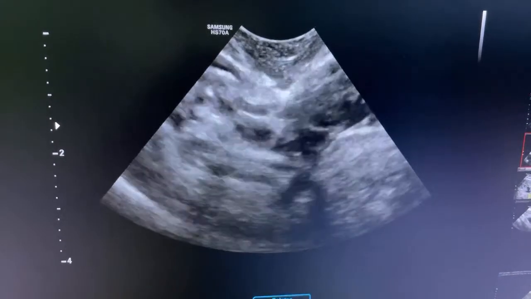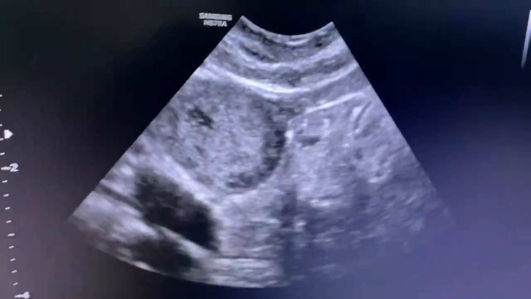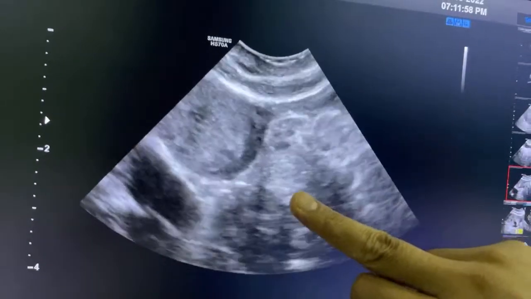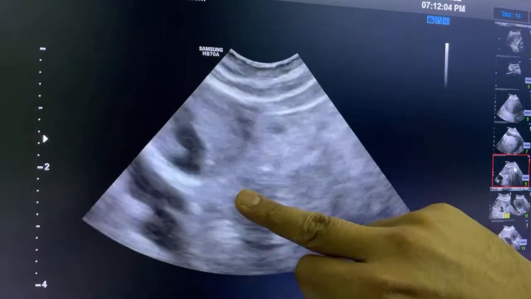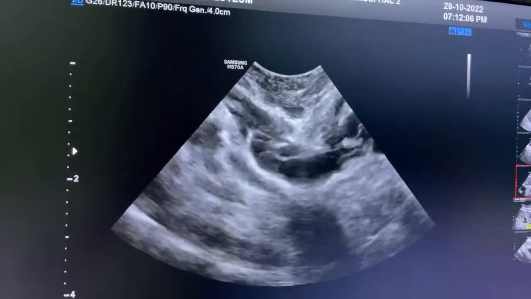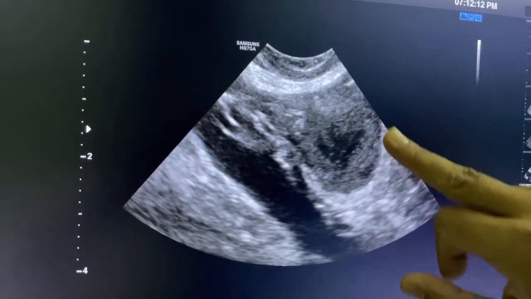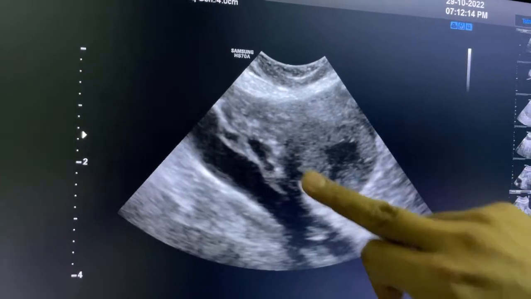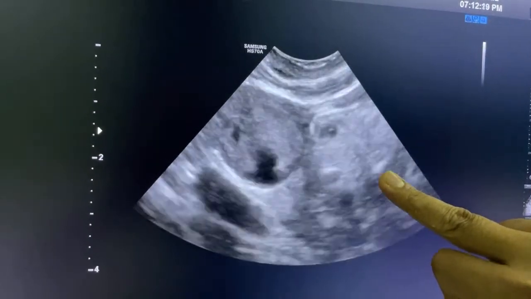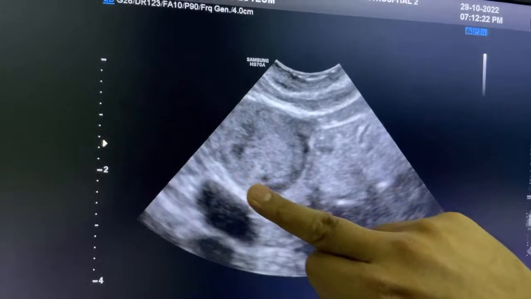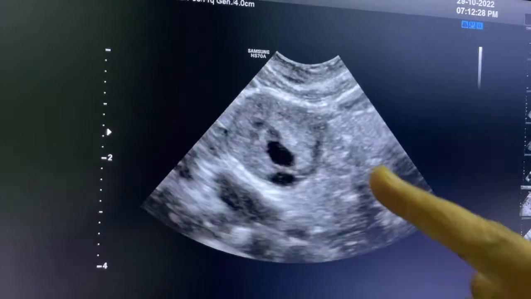Now just try to see all these features. An ectopic mass will be more echogenic, and it is not necessary that you will see a sac in every patient. So how to differentiate? The corpus luteum is hypoechoic; it may also be thick, but it is hypoechoic, slightly black. The ectopic tubal mass is more echogenic.